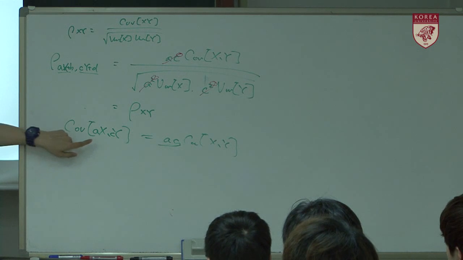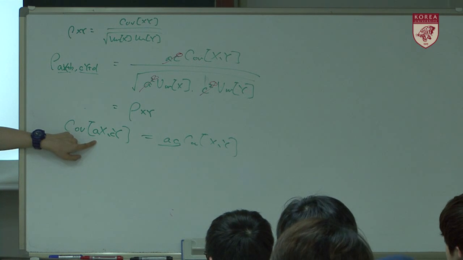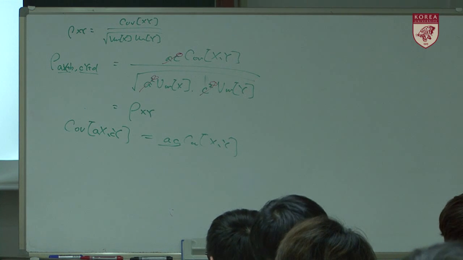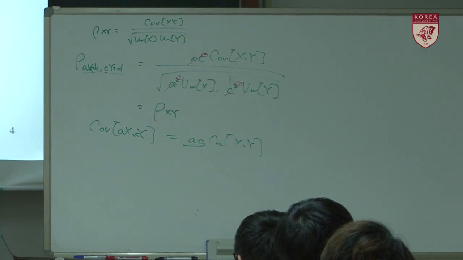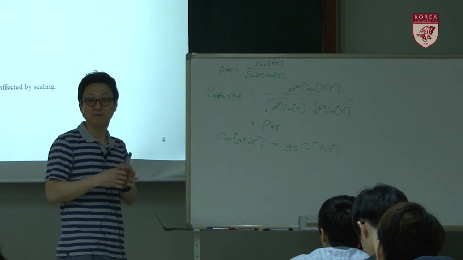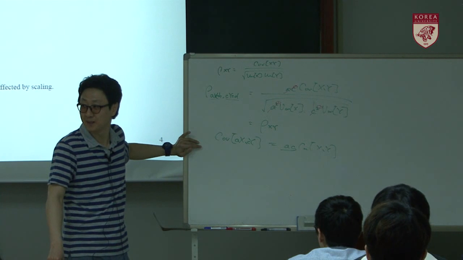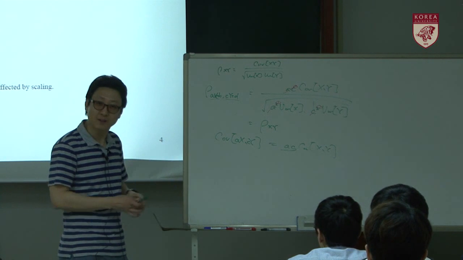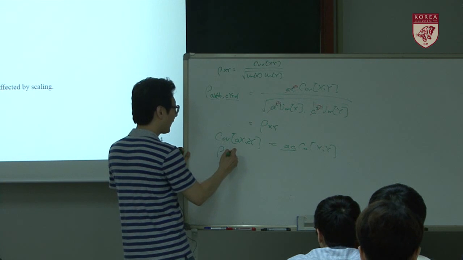If we measure the height in centimeters versus in meters, it's a 100 times difference. The actual data has no change. However, by changing the unit, the scale is different. That means the covariance changes by 100 times. However, the correlation coefficient between